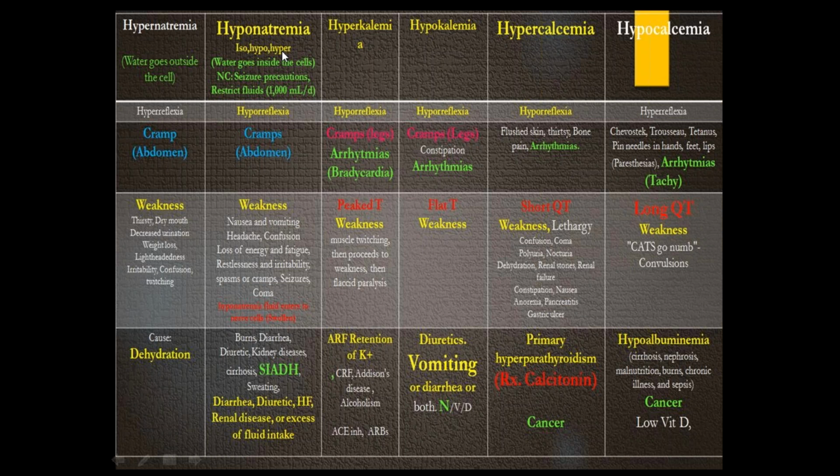We have hyperkalemia and we have hypokalemia. Hyperkalemia, number one thing that you need to remember is that hyperkalemia is going to happen when you have acute renal failure. So renal diseases or kidney diseases. So you need to be careful. If you're going to give, for example, a potassium-sparing diuretic, the kidney cannot get rid of that potassium. So you're going to start getting high levels of potassium. That is going to lead into arrhythmias. So that is the hyperkalemia.